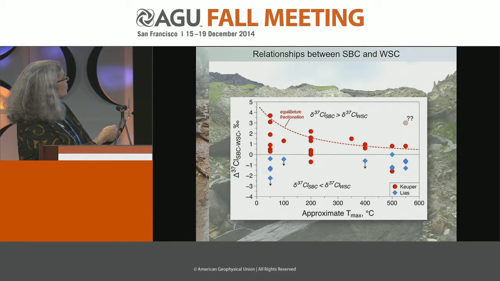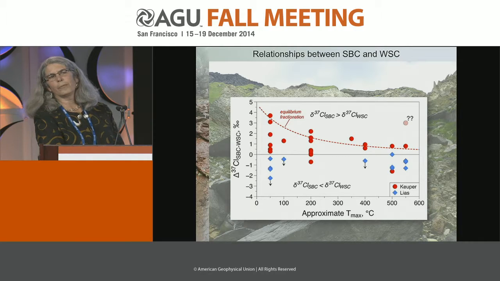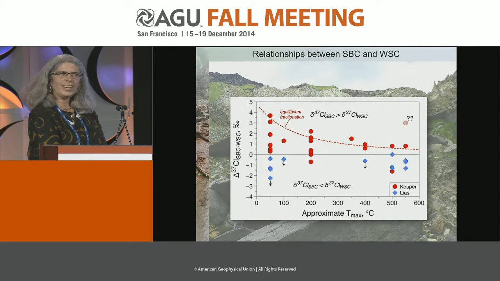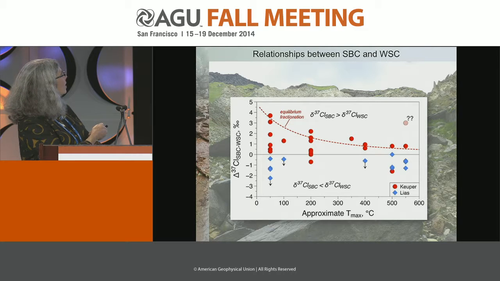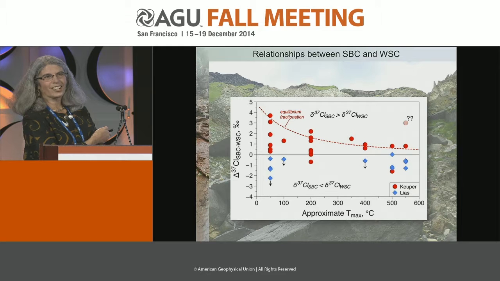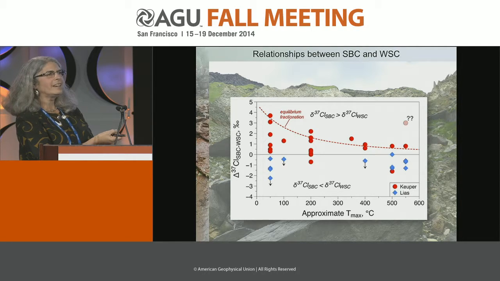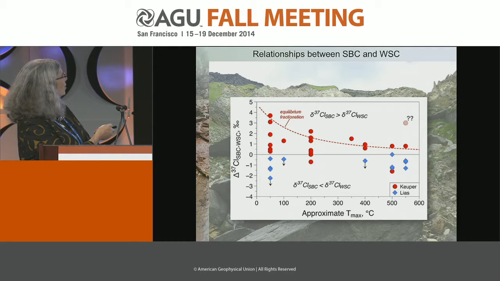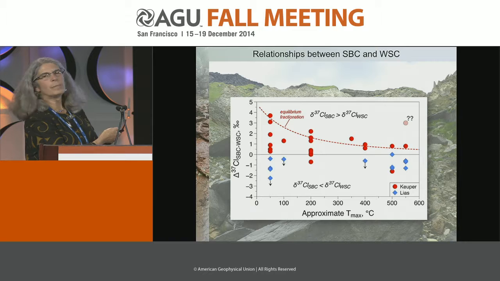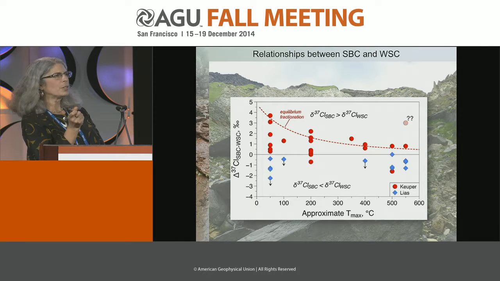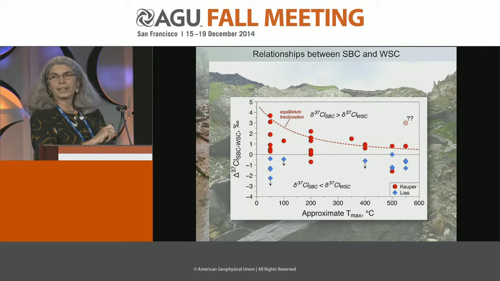And to first order, these samples fit quite nicely with that equilibrium relationship, suggesting that the structurally bound chloride and the water-soluble chloride fraction actually equilibrated with one another and have maintained that equilibrium relationship, such that samples that equilibrated at over 500 degrees centigrade haven't been reset during any subsequent infiltration of groundwater or whatever on their way back